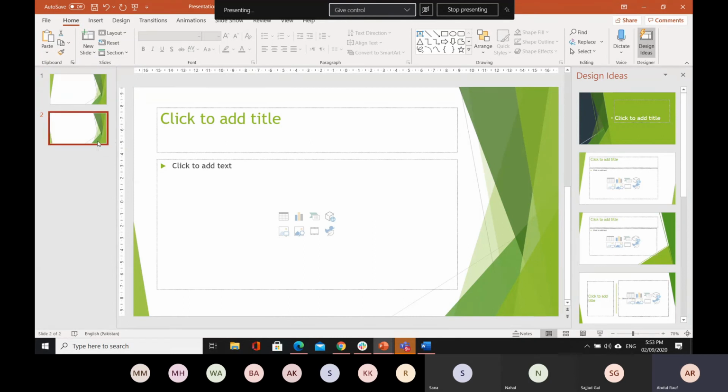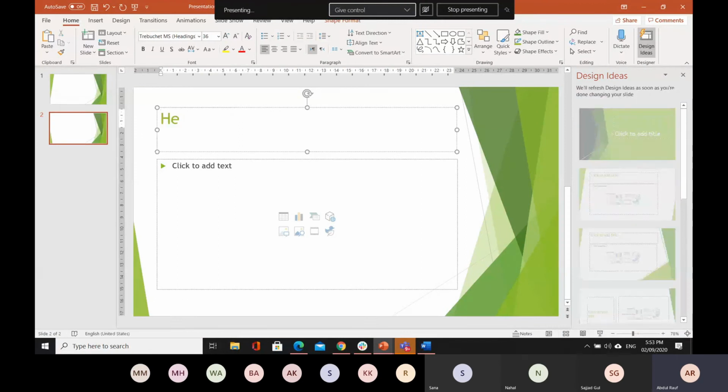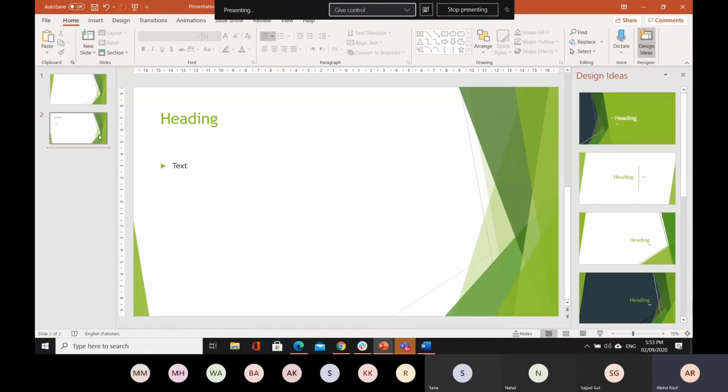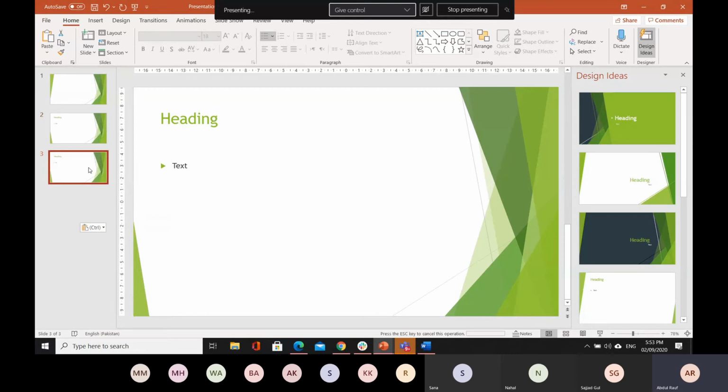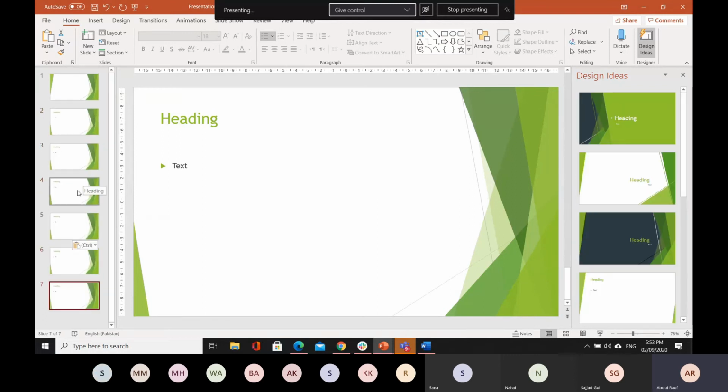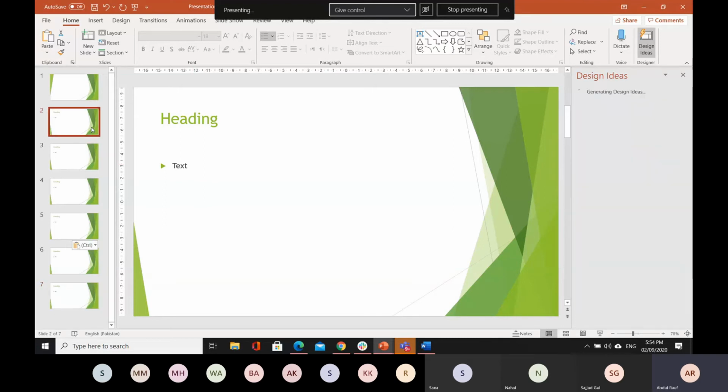Like if I had multiple slides, let me write something here. So I'll duplicate the slide, so I have multiple slides, but I want to change this slide,